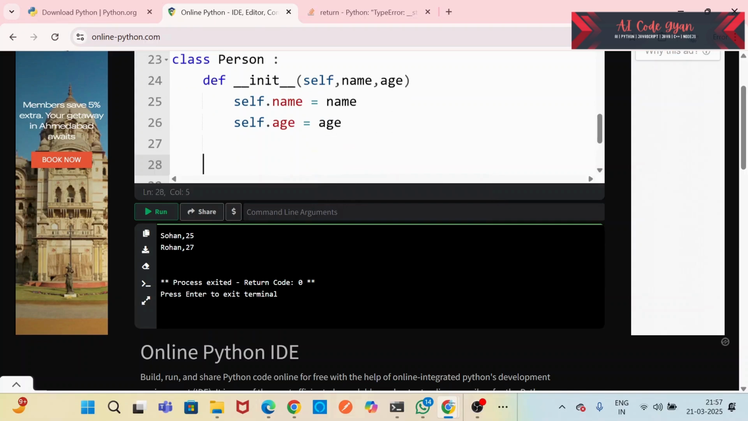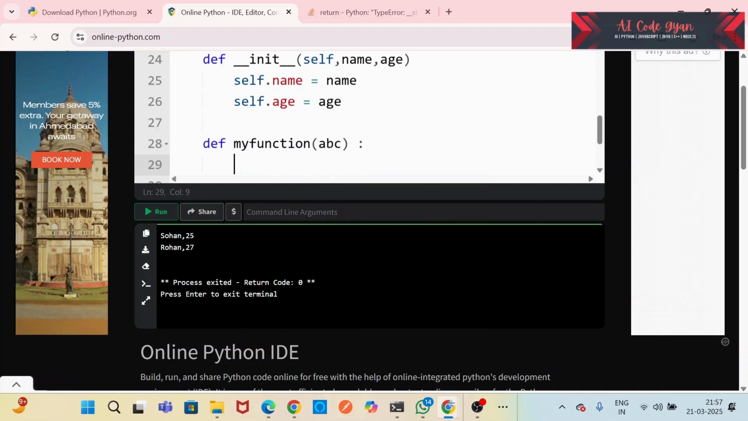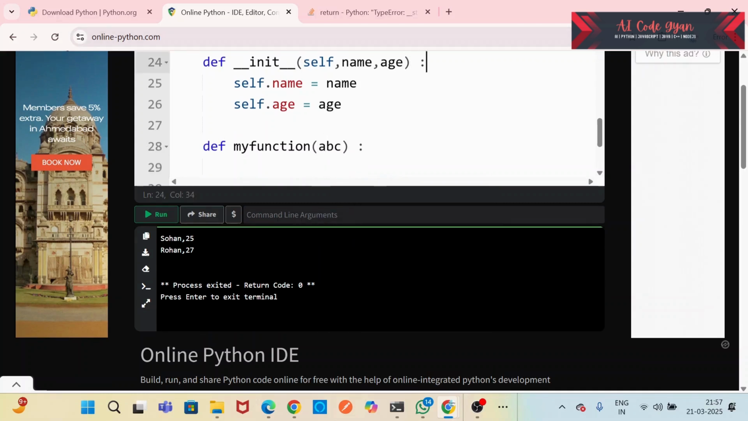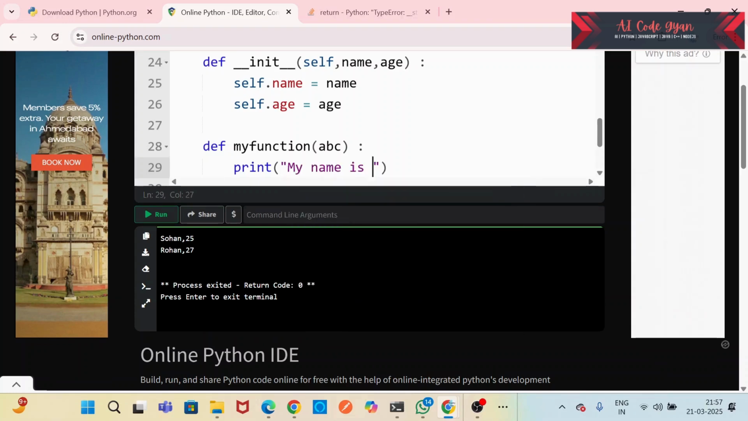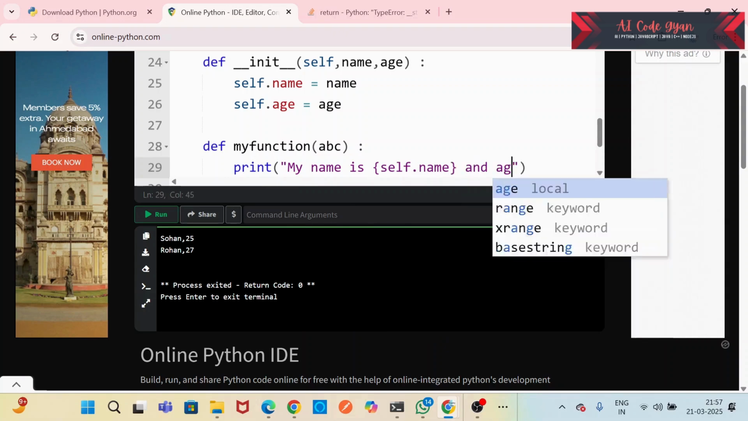Yeah, so here we can use a method declaration for my function, and suppose we are using my function as abc, we're taking abc as the parameter and we're printing my name is and age is